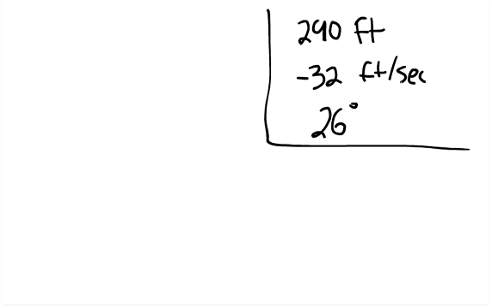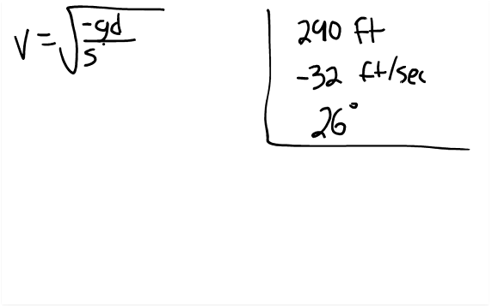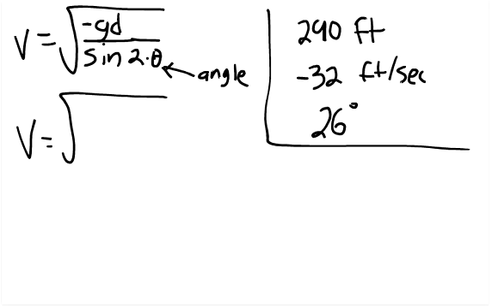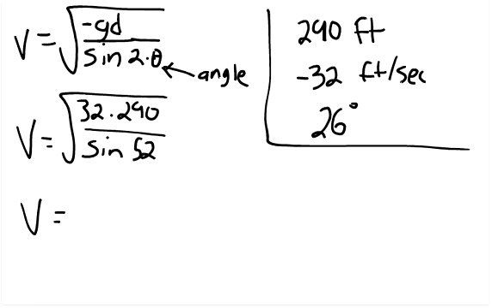So now we simply plug this into our formula, which is velocity equals the square root of negative gravity times the horizontal distance over sine 2 times theta. Once again, theta is the angle at which the projectile is launched. Now we simply plug in our numbers. Square root of 32 times 290 over sine 52. V equals